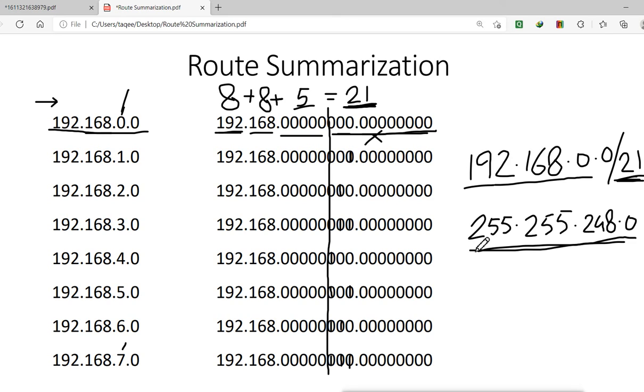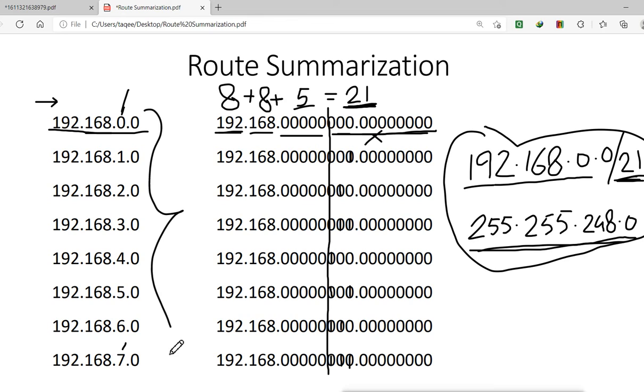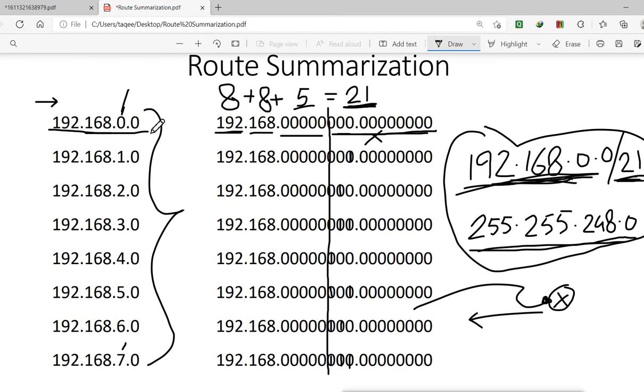Now we calculated the summary address, this is the summary address. Now we can do this on our router, and we tell the router that when it sends the routing table, it should send this summary address. Instead of sending all these networks separately, send this single summary address. So on the Pune router, we will configure the summary, and we say that when you send the routing table on this side, that means on this interface, send this summary address instead of sending the whole routing table. So let's see how it works.